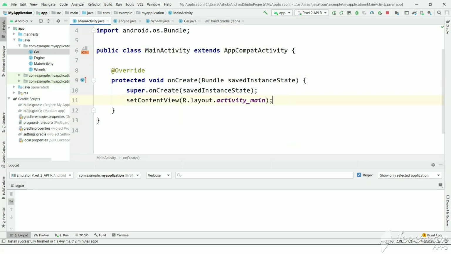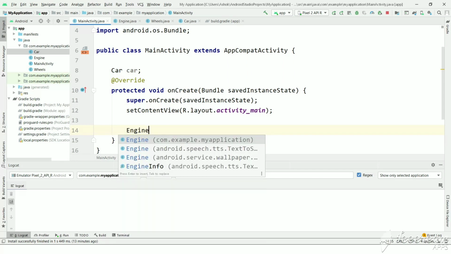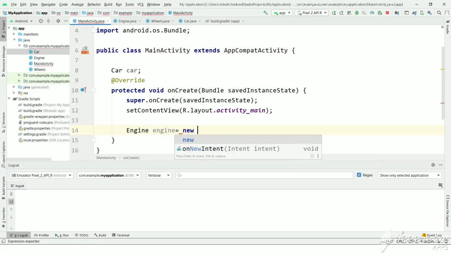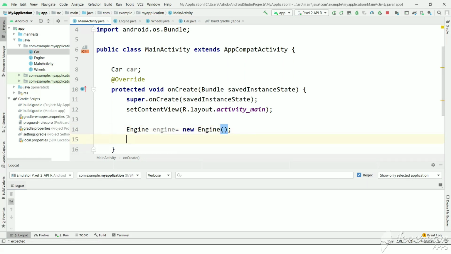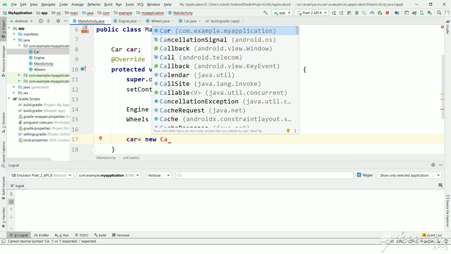Let's go to the main activity. Let's have a car. In order to create a car, first we need to create engine, then we need to create wheels, and now we have to create a car class.